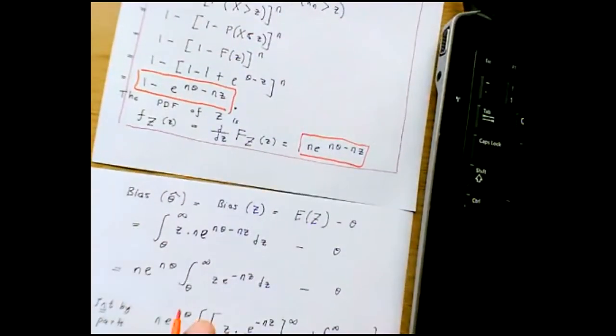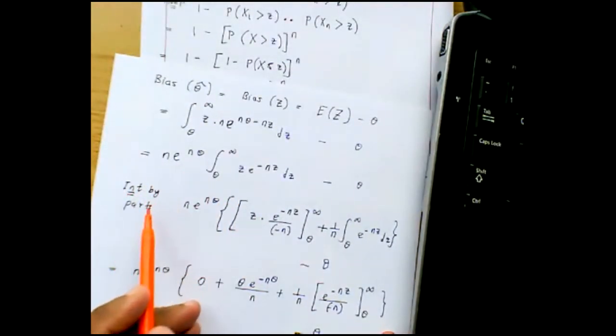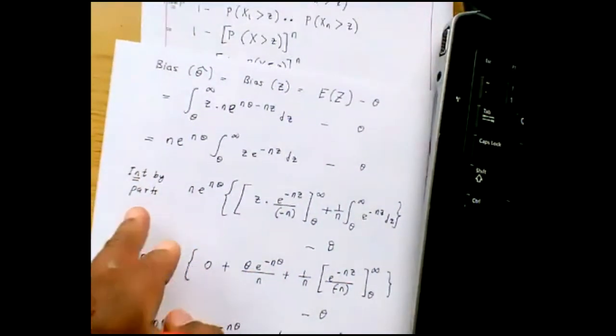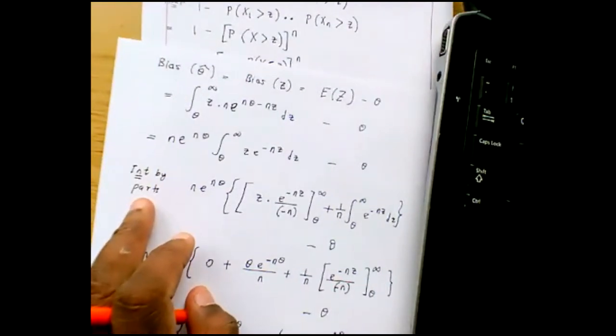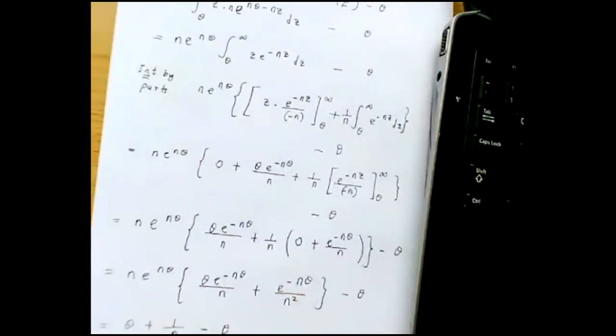Once you find the PDF of Z, then you can find the bias. Remember, theta hat is the minimum, which I denoted by Z. The bias of Z, by definition, is the expectation minus the true value, which is this, right? And this becomes this. To work out this integral, you need to use integration by parts, guys. I'm sure you should have done this before, right? If you apply integration by parts to this integral, this is what you will get,